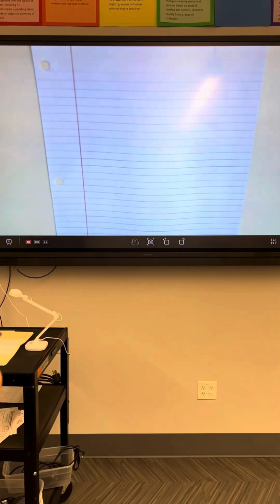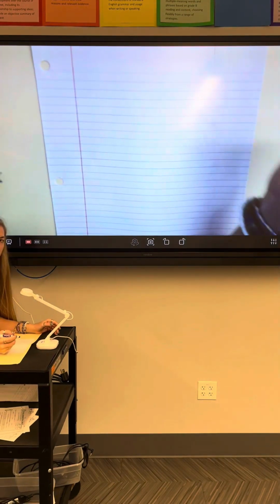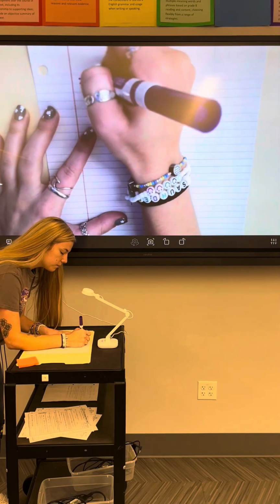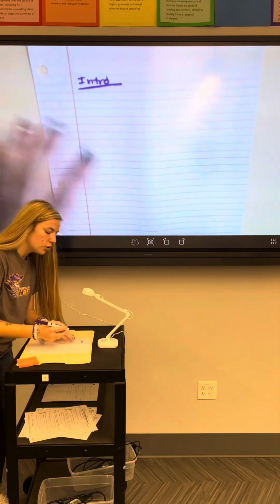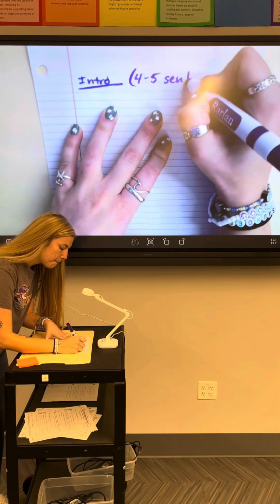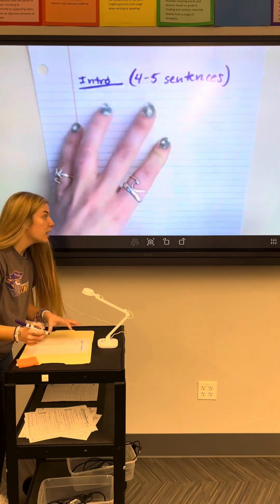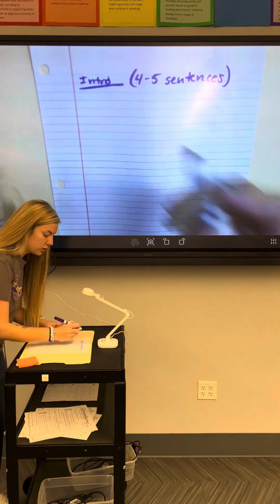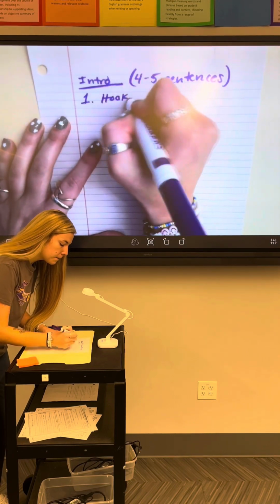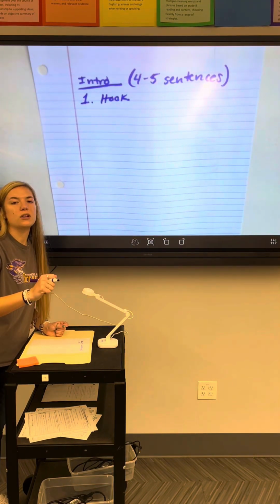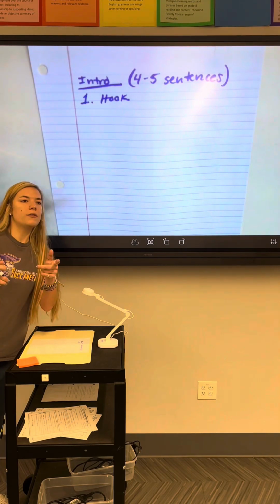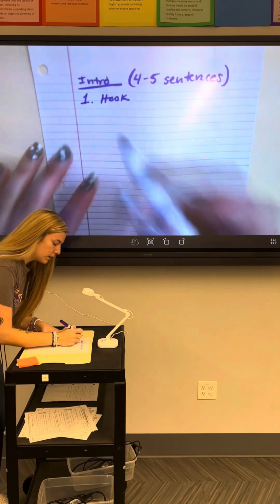So here we go. The first thing we're talking about with organization, I'll scoot in a little bit, would be our introduction, our intro. So your intro should be 4 to 5 sentences. And these 4 to 5 sentences aren't as bad as you think. The first one, number 1, would be a hook. That would be what's grabbing your reader's attention. So it's either a question like, did you know, blah, blah, blah, or a fun fact, elephants are blah, blah, blah, right? Something like that.